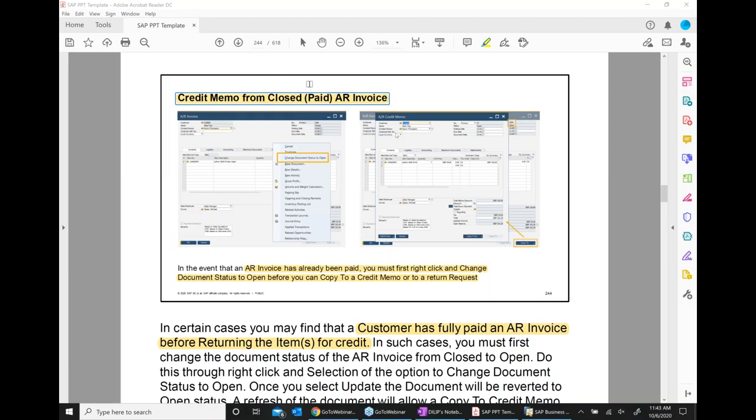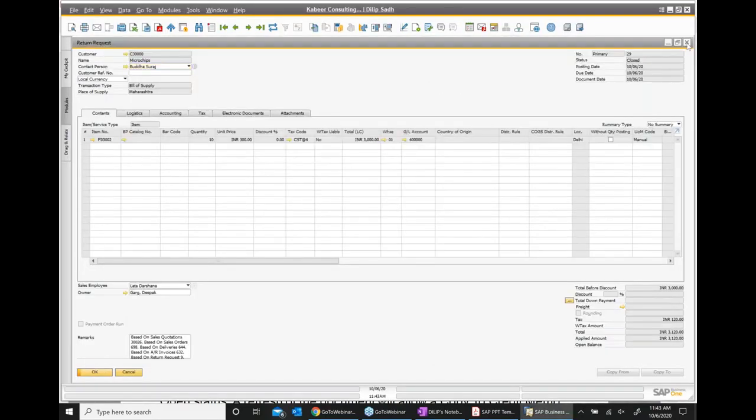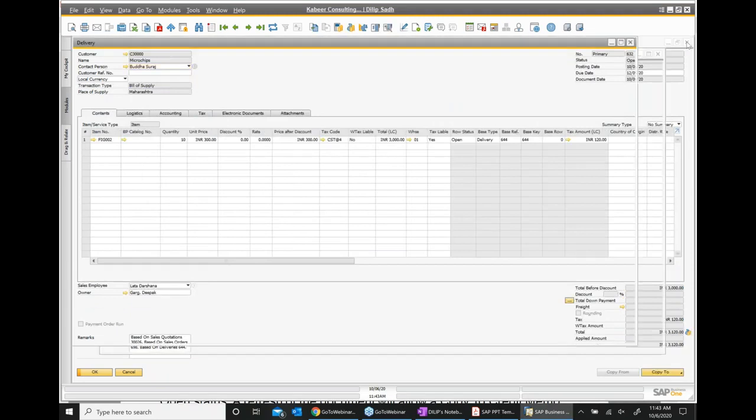So how can we make a payment to the customer, when we can give a credit when we have also made a payment? Let's understand this scenario. So for example, I close all of this.